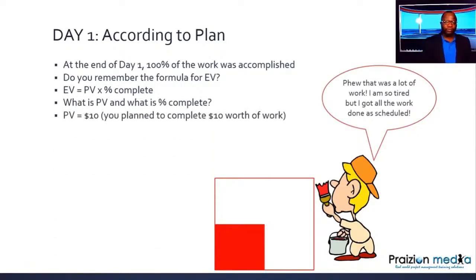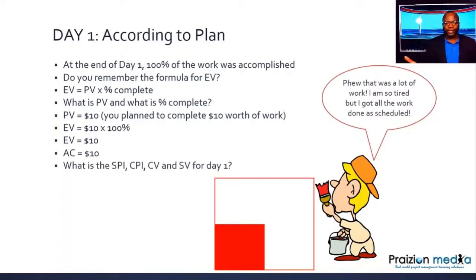I hope you do. So PV is 10, we already know that. 10 times 100% will give you what? It will give you EV is $10, okay? So EV is $10, just taking a look at the image, okay? Let me throw in a few other metrics because a lot of people ask the question, oh, how do I know AC? How do I know PV? The PMI will give you either clues or they'll give you these numbers on the exam, okay?